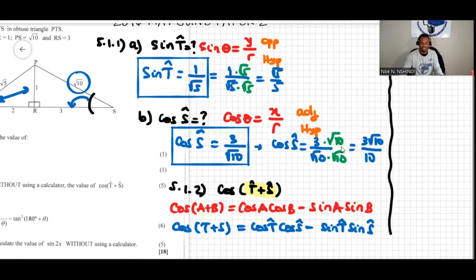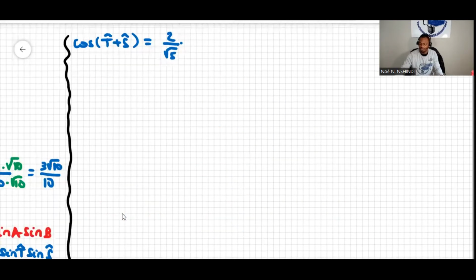Actually, we did work out cos of the angle S over here. It was 3 over √10. So we can substitute this value over here. So this is going to be times 3 over √10,